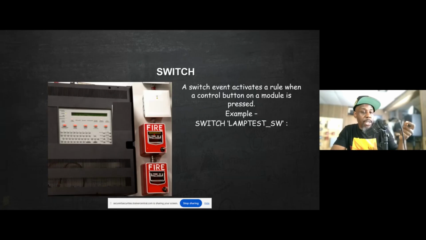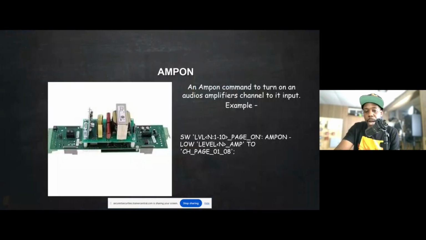Going back to switch, we usually use switches to, let's say, disable certain floors. We'll have a test disable switch, or we could disable the whole building. We'll have a switch to do a fan restart, or even to turn the fans on if we're trying to do a purge. So a switch is a button you can press to either turn something on or turn something off, and you write that in the rules. So here are some of the output functions.